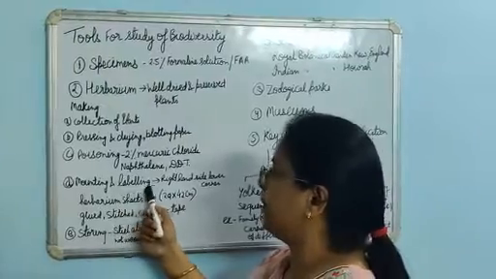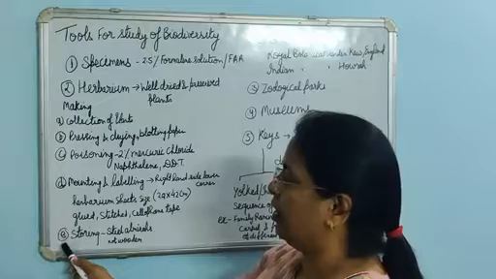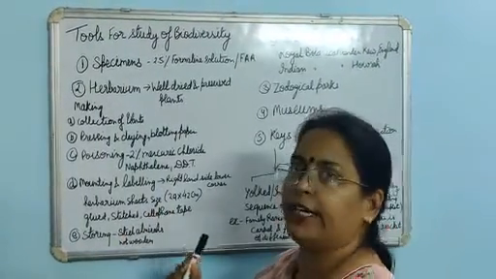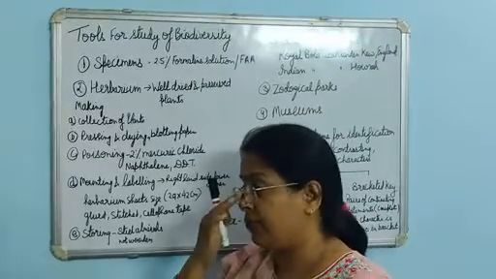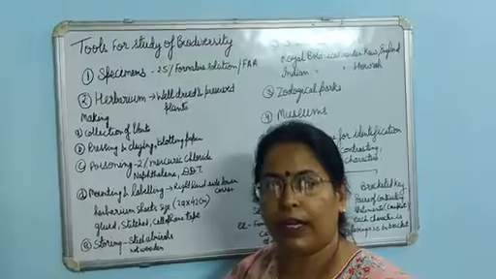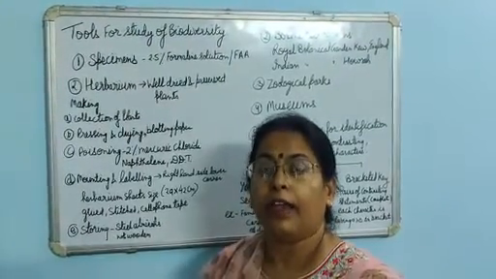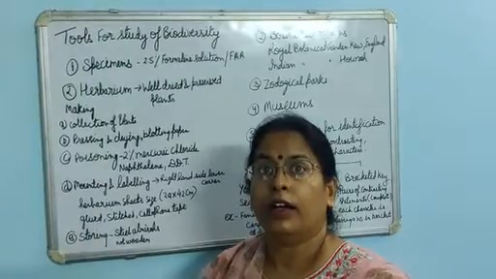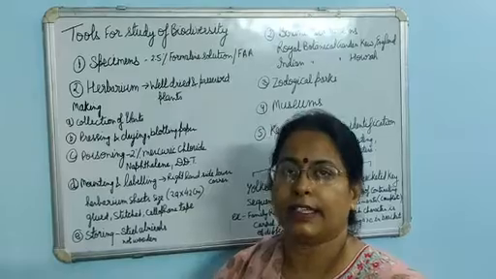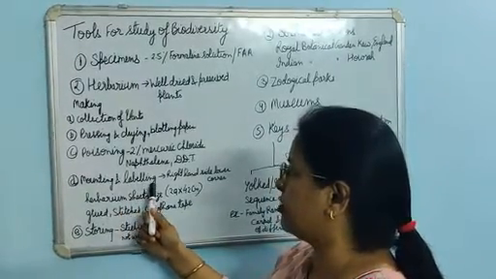The second step is labeling. On the right hand side, lower corner of the herbarium sheet, we write all the information related to that plant. What is this information? The common name of the plant, the scientific name of the plant, the habitat from where you obtained that plant, the name of the collector who collected that plant, and other details that you know about the plant are written at the corner, and that is known as labeling.